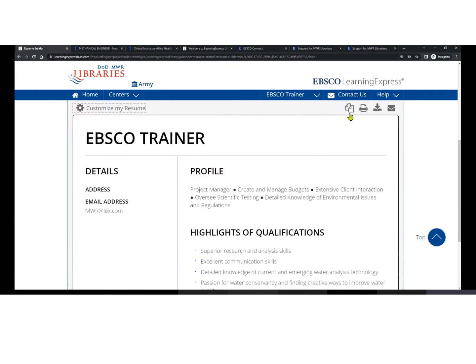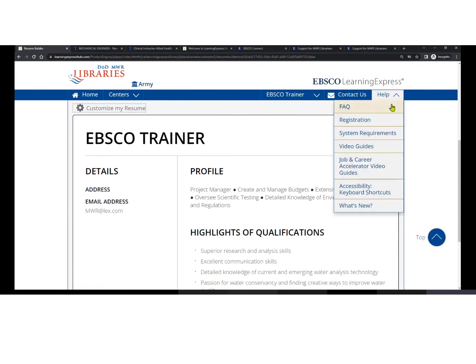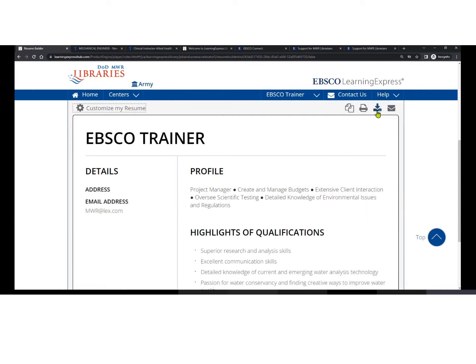You'll see that you have some opportunities here to copy or clone your resume, to print it, to download it. This is a way that you can export your resume out of Job and Career Accelerator or email it. If you select the download option,